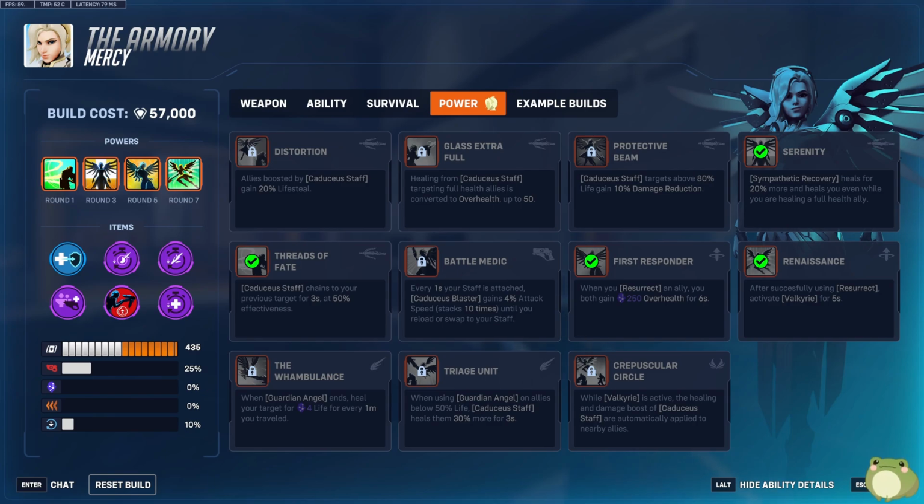The tank Mercy build is going to be based around her Serenity power, which I believe is a heavily underutilized power in Mercy's kit. Essentially, what Serenity does is it improves upon Mercy's sympathetic recovery passive. Sympathetic recovery allows Mercy to heal herself whenever she heals a teammate. Serenity improves your sympathetic recovery passive by healing 20% more. This is going to allow you to always be able to sustain yourself as long as your heal beam is